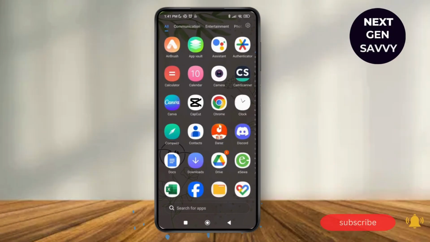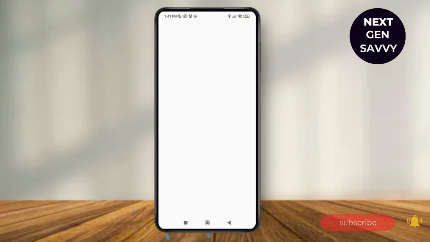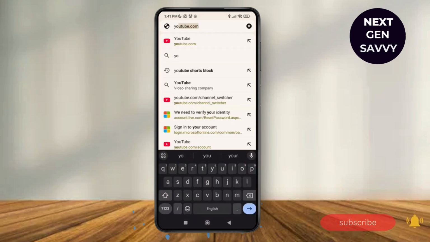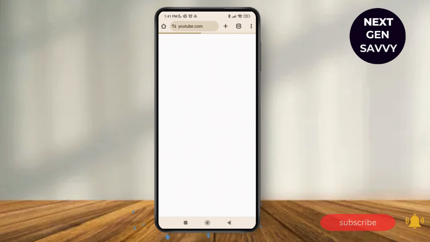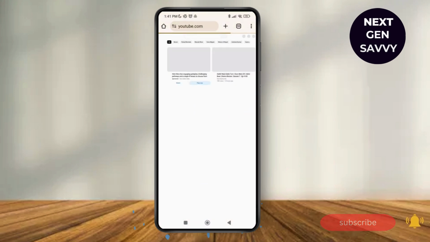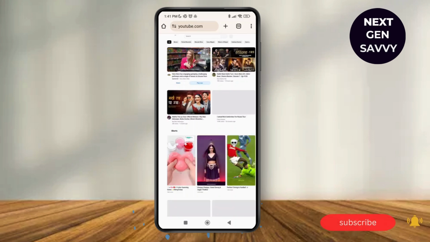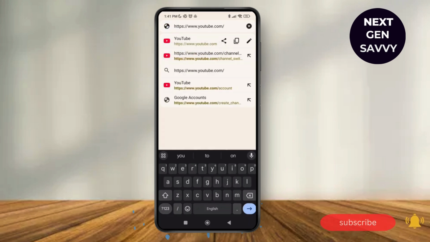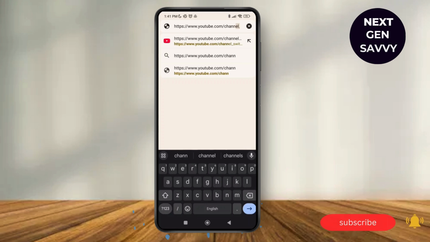So first, launch the Chrome browser on your device, and on the search bar, all you have to do is just search for youtube.com. Now as you search for youtube.com, make sure that you are logged into your account. After that, what you simply need to do is tap on the search bar and copy the YouTube link. Then paste the link over here, and then beside this slash we can just type in channel switcher,